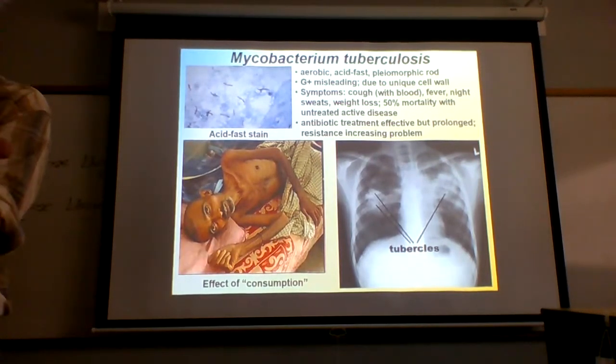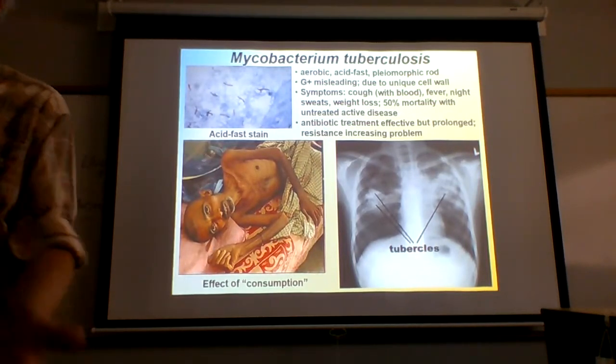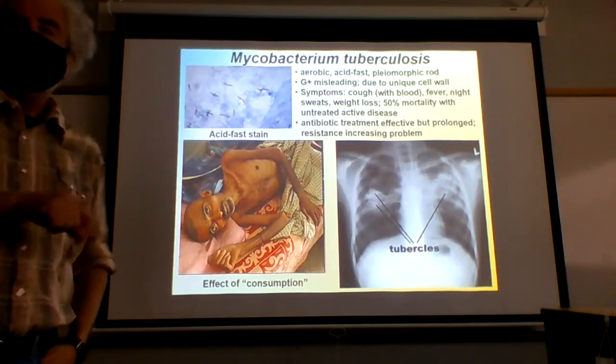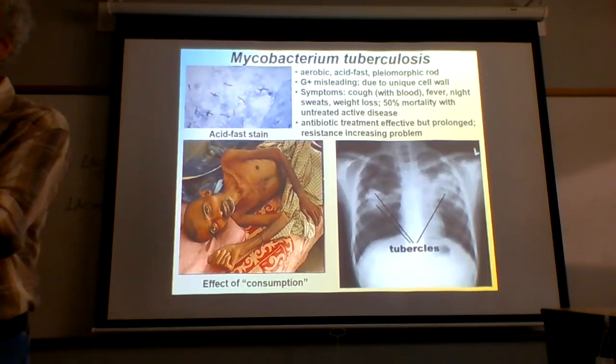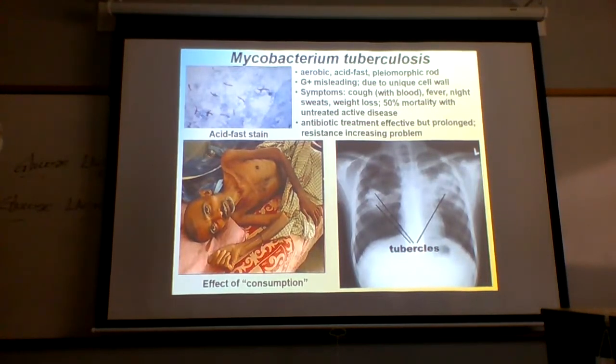They jab it in your arm, and they look to see if you have a response to it, if you have an immunological response. So if you've had TB before, you'll definitely have a positive TB test. One of the things with the TB test is that they jab you, and generally you're going to get a patch of red and a swelling. The amount of swelling and red that is a positive is really significant.